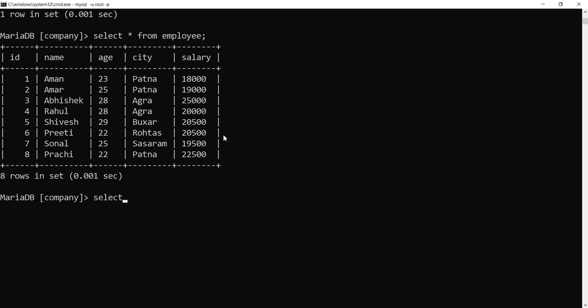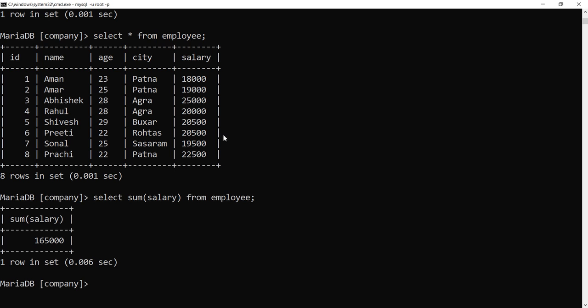Select sum salary from employee. Total 1,65,000 only.